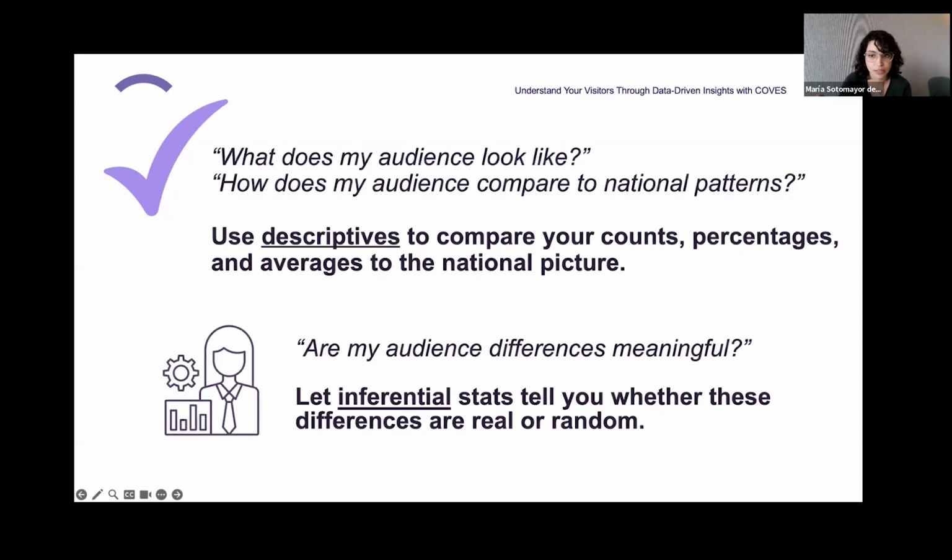So what does my audience look like? And then we can dive into comparison. So how does that compare to the national aggregate? And so descriptive statistics describe the data set that we're looking at. And I'll be diving more into this in the latter half of the presentation, just so you know where these terms fit into what Kim and I are talking about.